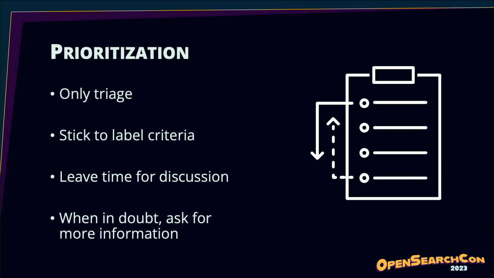Similarly, we try to make it clear to the community members what steps they can take to get their issue in the best state possible when it's going to be triaged. By that, we stick to the explicit label criteria I listed before and make sure that any review of the issues sticks to the explicit labeling criteria. This is maintained regardless of whether it's an issue filed by another maintainer, a first-time contributor, or someone in between.